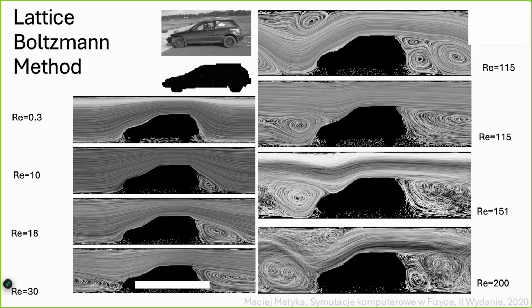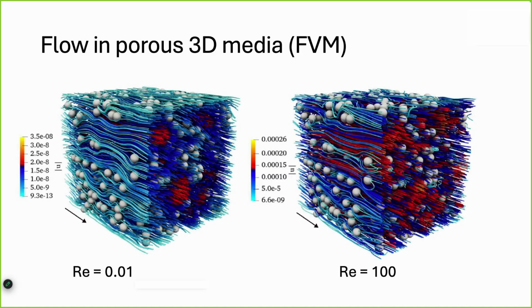By this time, 15 or even 20 years on, I was programming a lot, also CFD solvers. This is also C++ code, but I'm not only using C++, also other languages. Anyway, this is a kind of result that people from the CFD world will be familiar with. This is a flow over a car shape from our lab. We are also using finite volume, this is OpenFOAM. This is porous medium in 3D with fluid flow going through for two different Reynolds numbers. Okay, that's where I am today.